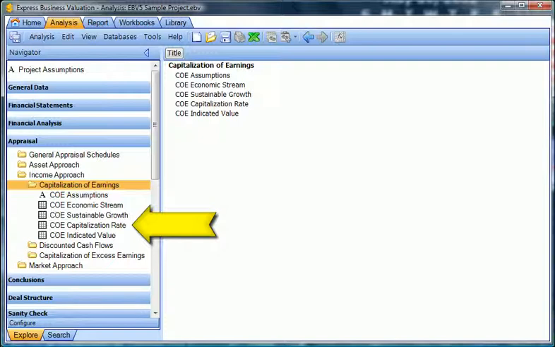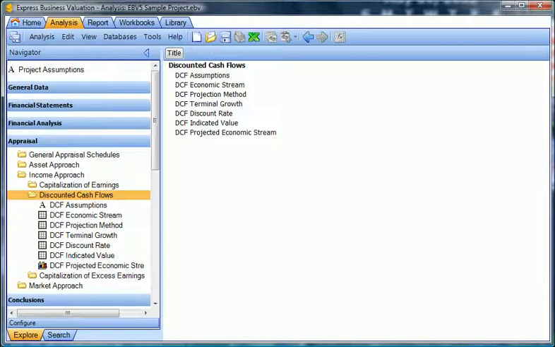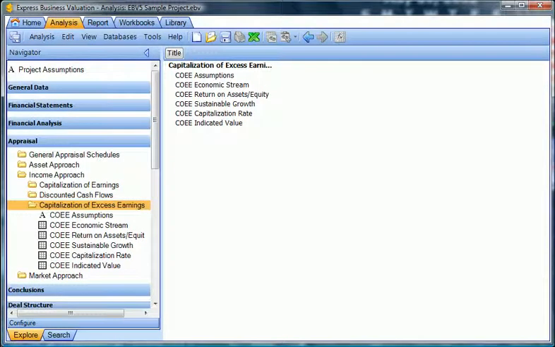The indicated value page shows the indicated value. Once again, it's in blue, so it can be overwritten. An enhancement to this version of the program is the discounted cash flows model. This allows you, after filling out some general assumptions, to put in a few projection assumptions, and then you select the projected benefit streams, a discount rate is determined, and an indicated value is calculated. Capitalization of excess earnings works very much like capitalization of earnings, so we're not going to go into it in